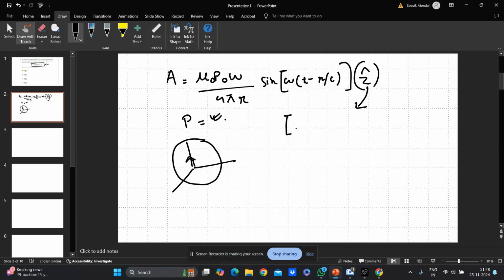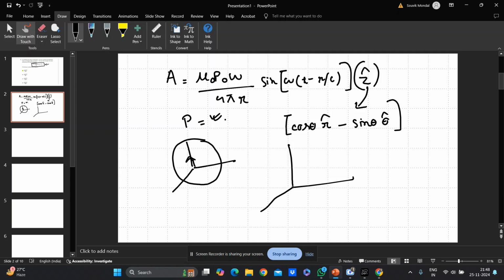So I am directly writing this form. You may not know this, that z hat is cos theta r hat minus sin theta into theta hat. This is the most important part of the problem. Rest of the part is just use formulas, nothing else. Okay, and how you can get this is very easy to remember. If you forgot this, whether it is plus or minus, where is cos theta, where is sin theta, this is